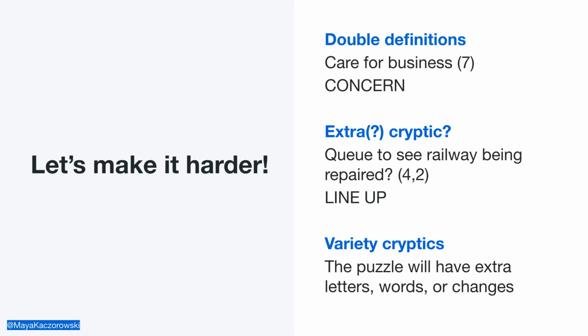Lastly, the puzzle that you're doing, because remember, we're actually not just solving individual clues, we have a whole puzzle to solve, might have additional complications before you can enter answers. It'll tell you, for example, to anagram all of your answers before entering them into the grid, or remove letters, or remove words in the clue. This makes it really hard when you don't know how long the answers that you're looking for actually are. Sometimes that actually means that you don't enter valid words into the grid, so extra complicated.